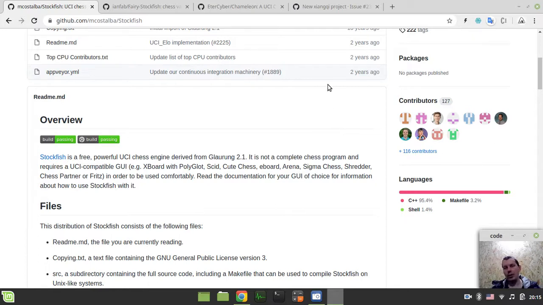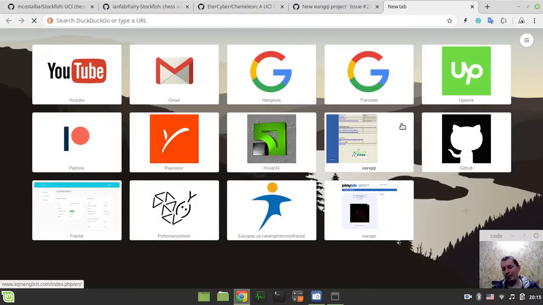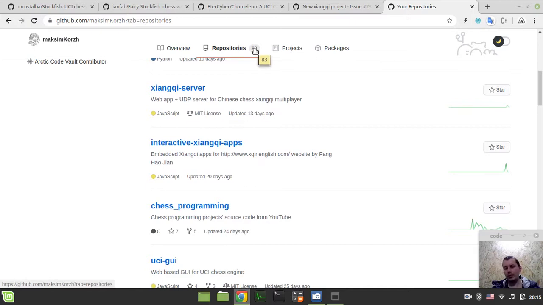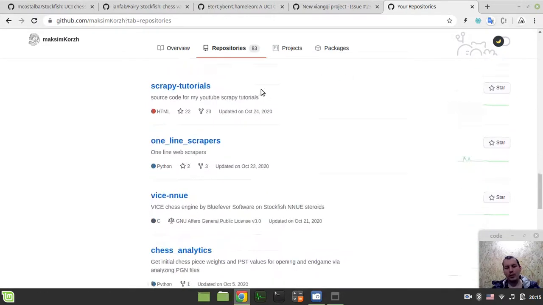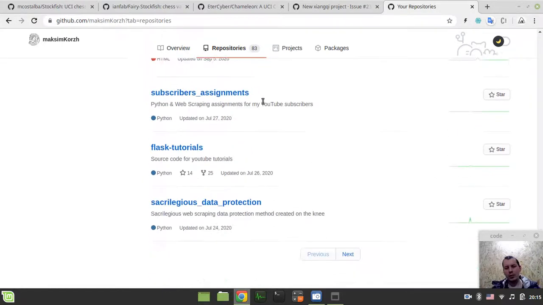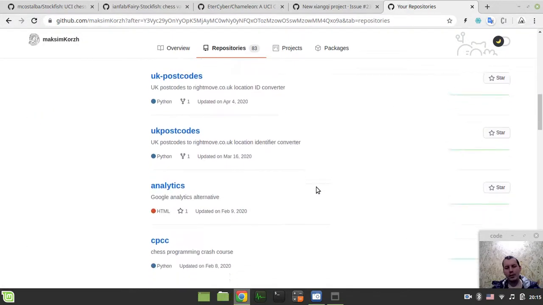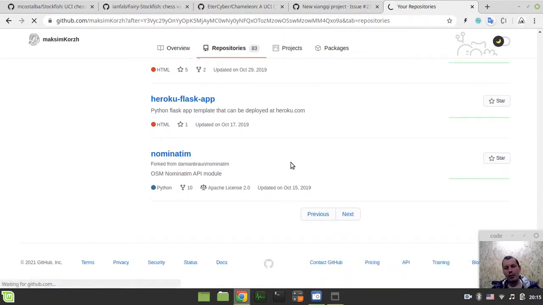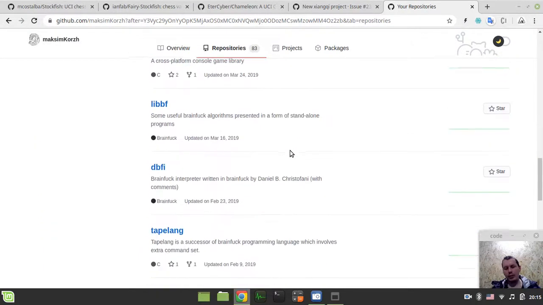So if you have a look at my repositories, I have opened everything in my own repository section on GitHub. If you have a look at the number of repositories, I have only maybe 2 or 3 forks. All the rest of the projects are those I've done on my own. It's not only chess engines, I did really lots of stuff before, and you can see that the amount of work I've done so far is quite significant.